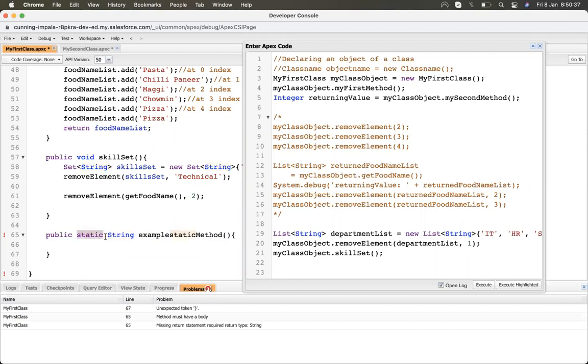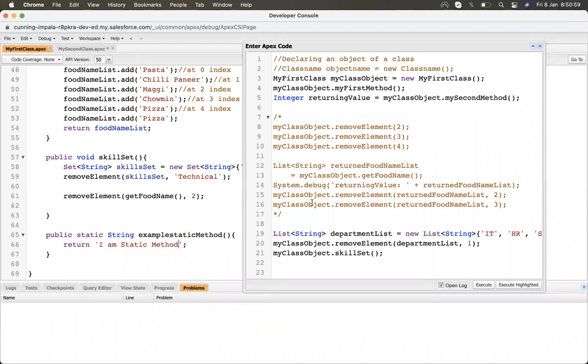Public static is the keyword, then the return type and the method name. The return type is a string, so let me return something. I'm returning that I am static. Okay, I save it.